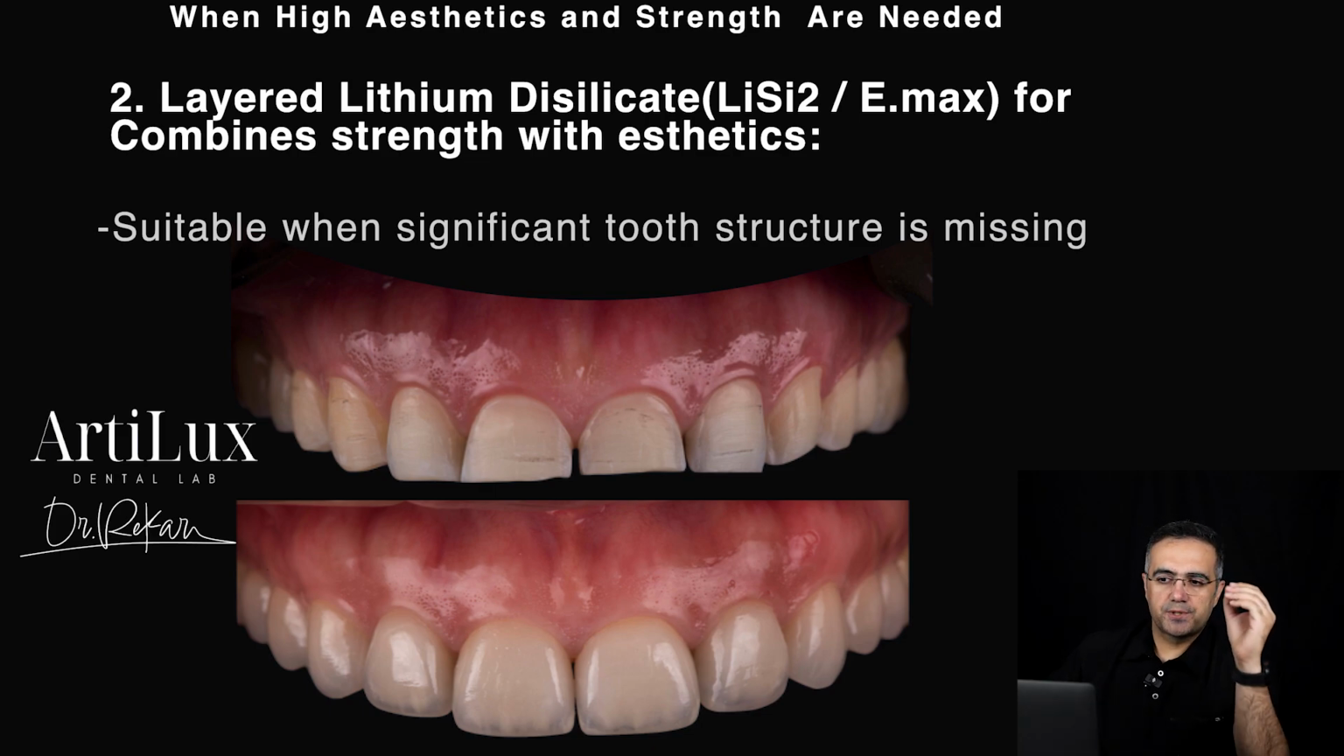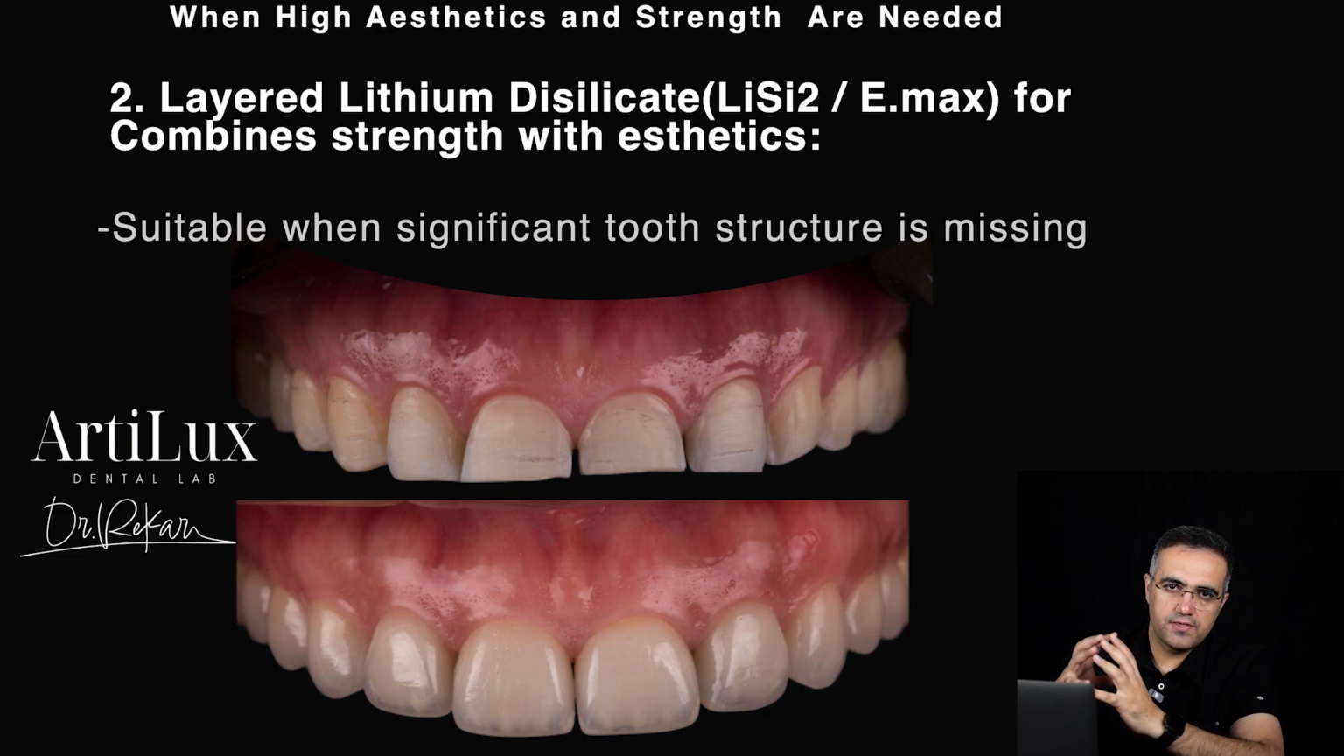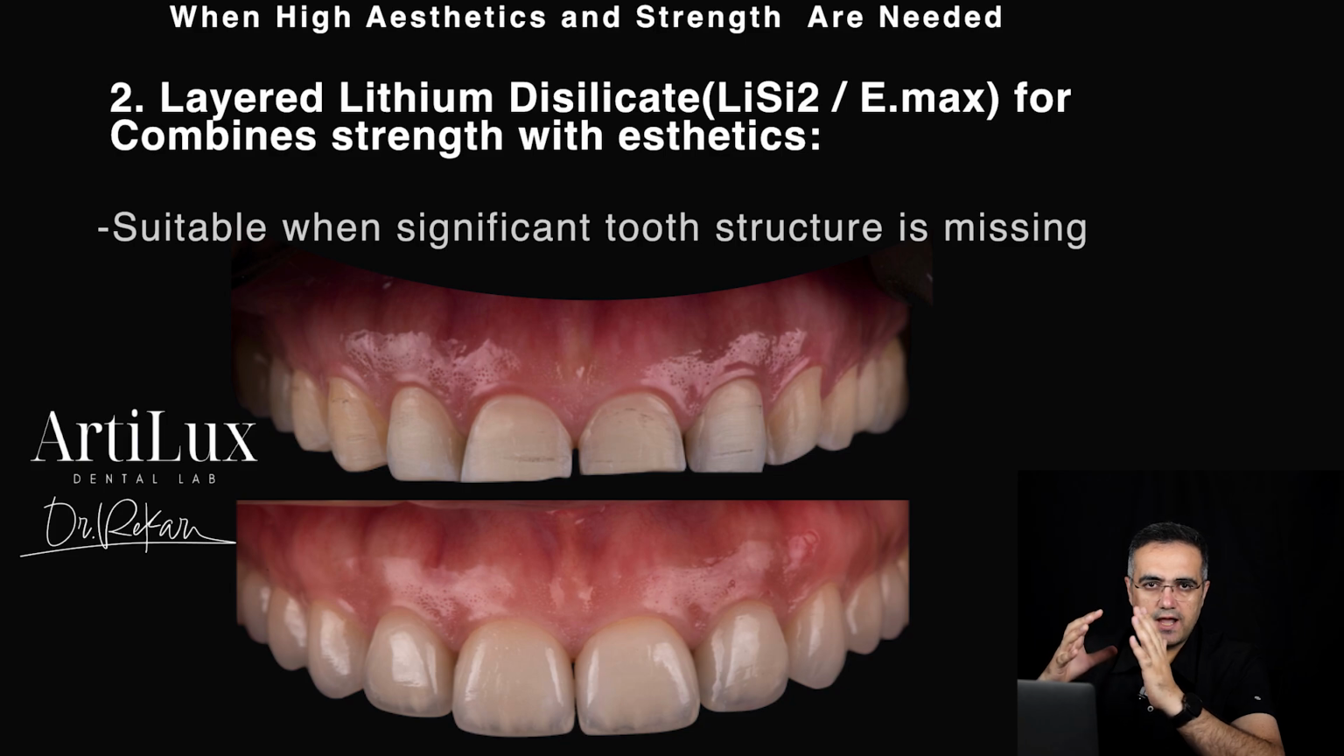So the second option, when we have a high aesthetic demand and some kind of strength demand from the patient or from the case, is that we can use the layered lithium disilicate, which is very common, we say IMAX veneer or IMAX crown. Because in this situation, there is a combination of strength and beauty, let's say, because we have